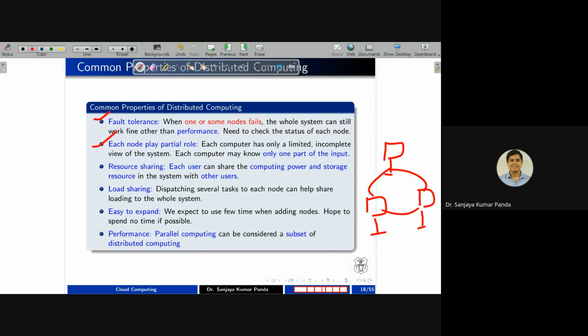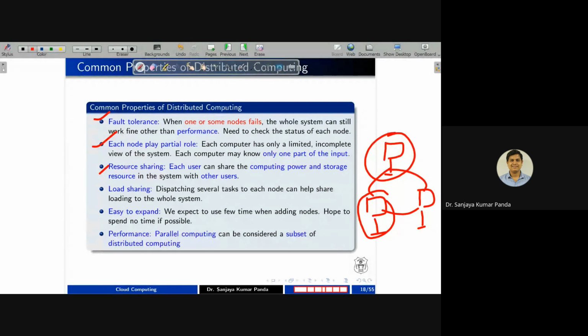For example, if you do some kind of collective task, whatever work this computer system is doing is not known to other computer systems. So they share the resources. Each user has computational power and storage, so they share their resources with other users. Like I told you about BYNC. BYNC is also an example of sharing the resources of your computer system with the University of Berkeley.